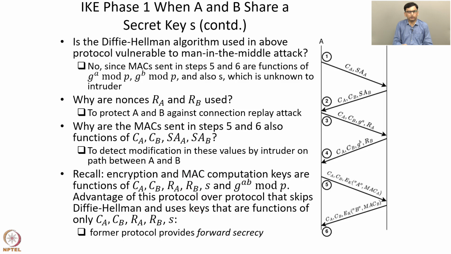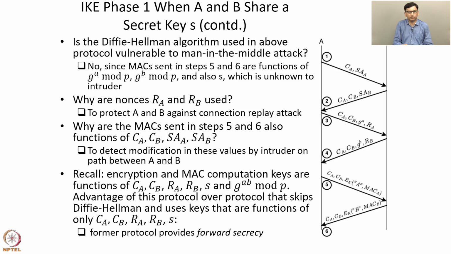This is very similar to our discussion of ephemeral Diffie-Hellman in the context of SSL handshake. There we discussed that the ephemeral Diffie-Hellman algorithm provides forward secrecy. If the long-term key S is compromised sometime in the future, then in the absence of Diffie-Hellman, where the keys are only functions of CA, CB, RA, and S, the intruder can calculate the keys that are used for encryption and message integrity, and hence all the subsequent data exchanges